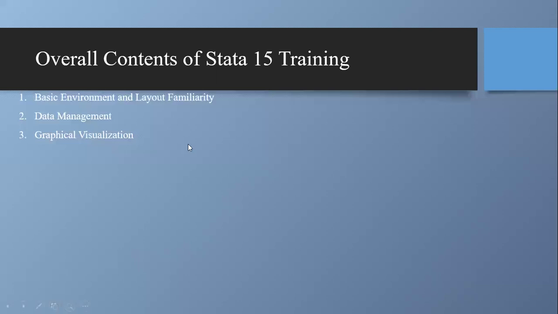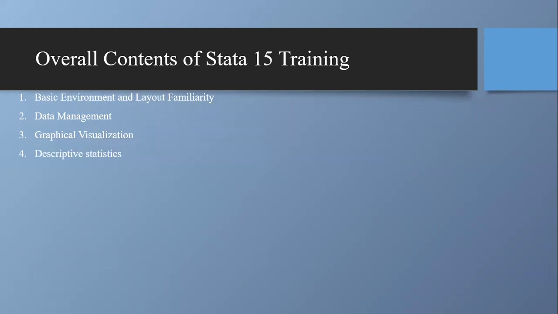If you need to create different graphs like scatter diagrams, pie charts, line graphs or time series charts, or other types of charts, how you can create the graphical visualization in Stata 15 and how you can interpret them using APA style of